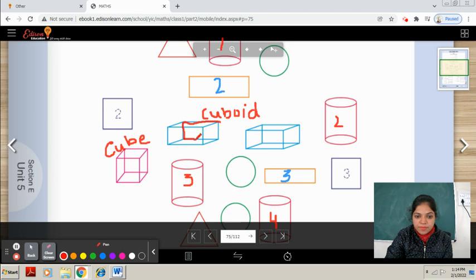You can see this is a rectangle. Yes, because the opposite sides are equal. Okay. So the faces of cuboid are in rectangular shape. And in the cube, the faces of cube are in square shape. You can see students, all the sides are equal. And in the square, we learn all the sides are equal. Okay, so this is the difference between cube and cuboid. In the cube, the faces are in square shape, and in the cuboid, the faces are in rectangular shape. Okay, now move to the next.